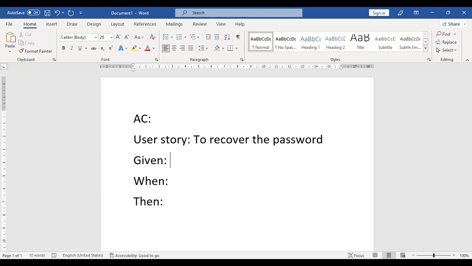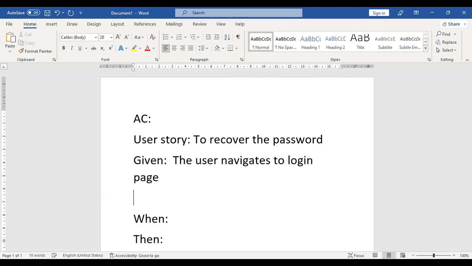What is the scenario here? He has forgotten the password. So the given must be the user navigates to the login page. Means he will be redirected to the login page. Okay, when he will be redirected,